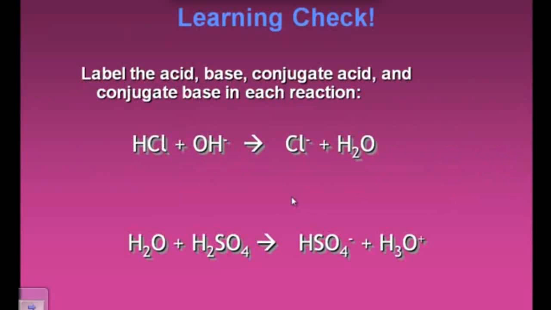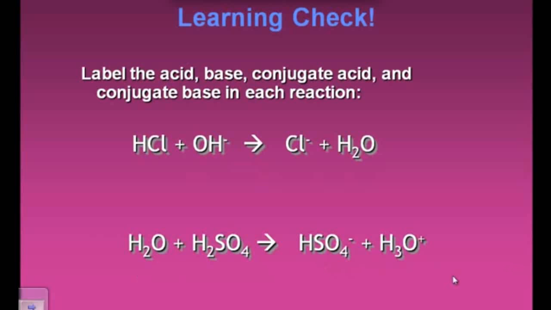Alright, so let's just take a look at these two. See if you can answer these and then unpause and come on back. So I have HCl. Clearly it loses an H plus, so it acts as an acid here. The OH picks up an H plus, so it's acting as the base. So this acid has a conjugate base. This base has a conjugate acid. Here, the compound that's lost the H is sulfuric acid, H2SO4. So here it is acting as an acid. This becomes its conjugate base. Water is picking up that H plus, so it's acting as the base, and it becomes a